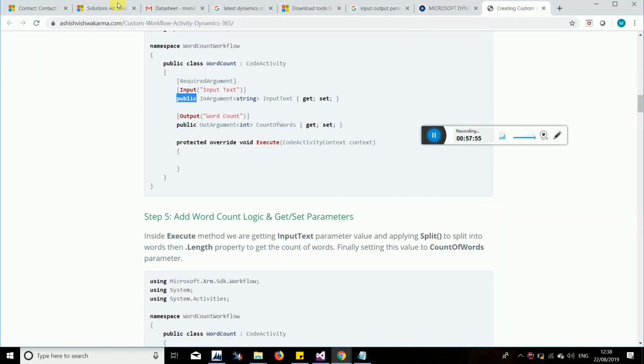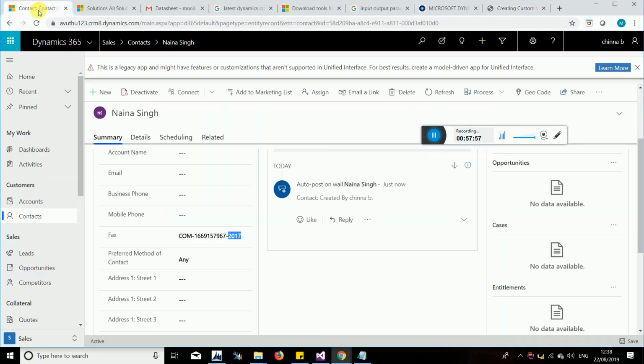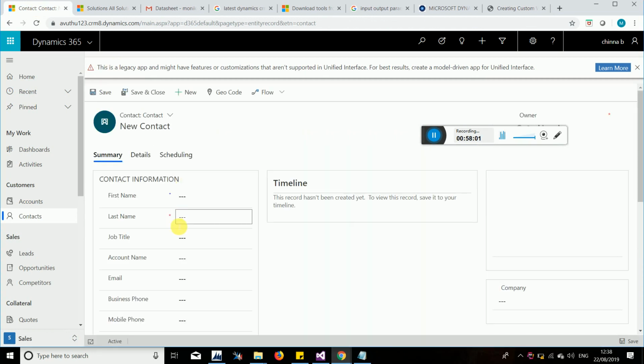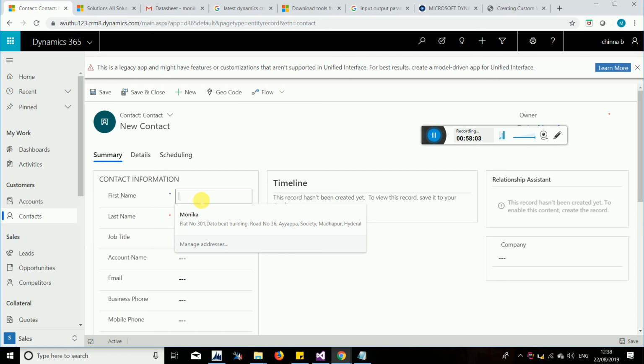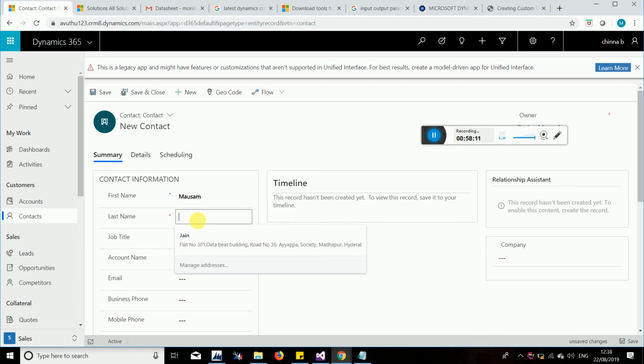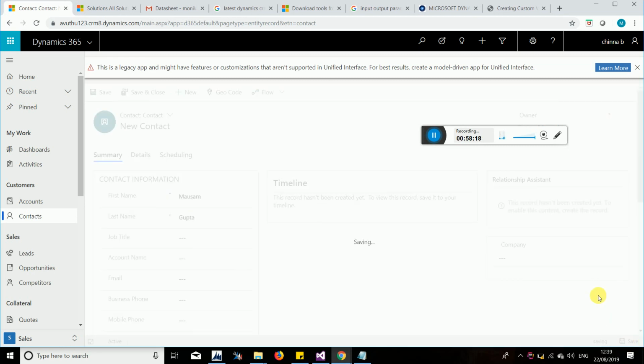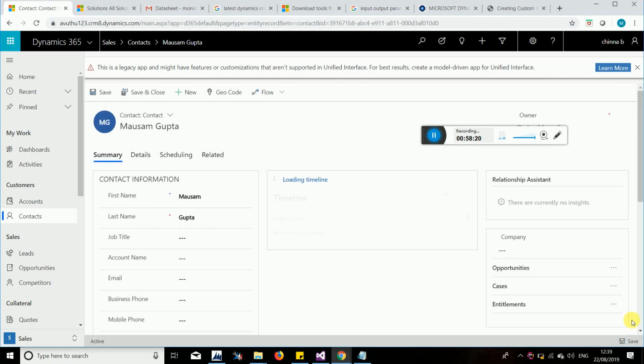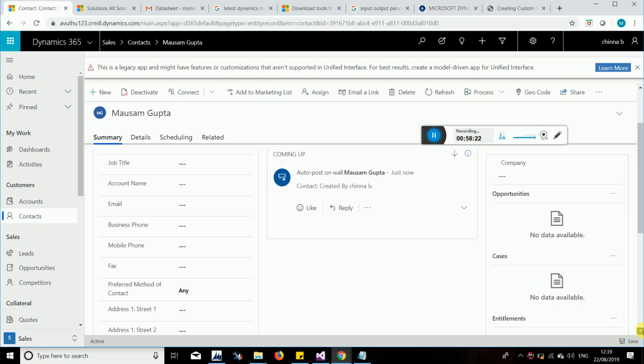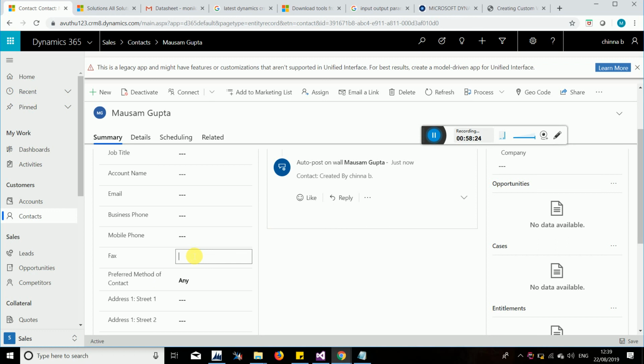For testing it, we'll go to the record and create a new record, because we kept it on create of the account. So again now we are creating it, and here we are writing something, and then we are saving it. Now I have not refreshed it and it should get updated.